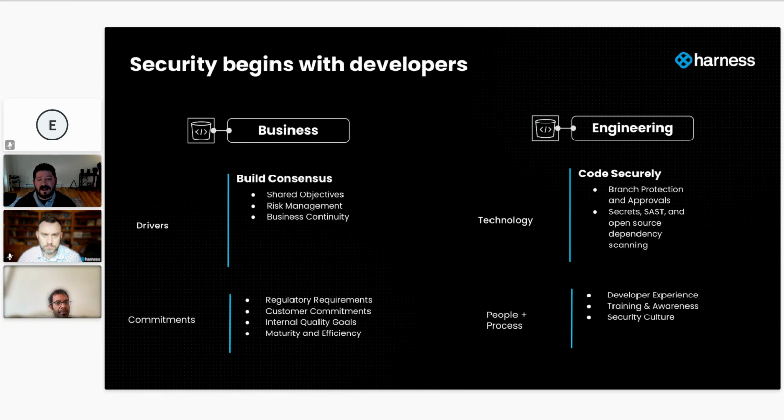So that's on the business side. Over on the engineering side, that's where we start to think a little more tactically. So we want to think about specific technical controls that we can begin to implement. The idea here is that we'd start out with low friction guardrails. Again, we don't want to make changes to processes or technologies that may be critical to that SDLC component. We want to make sure that we understand the context.